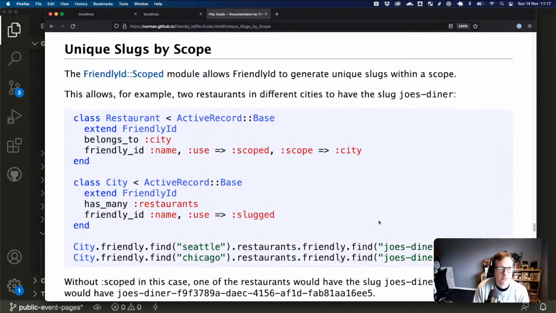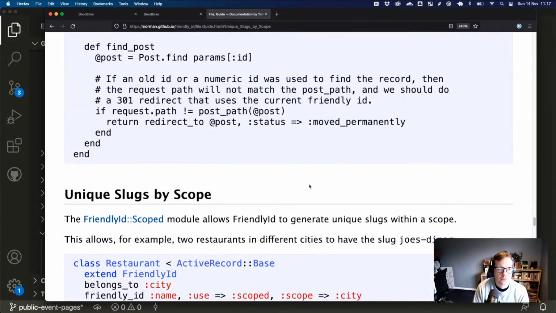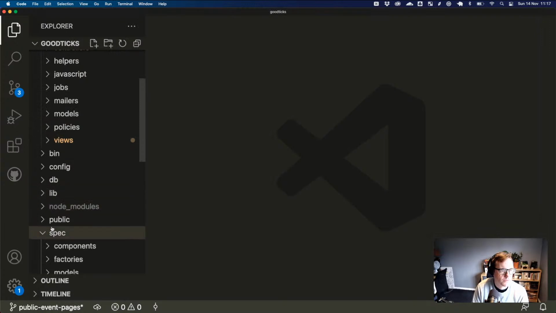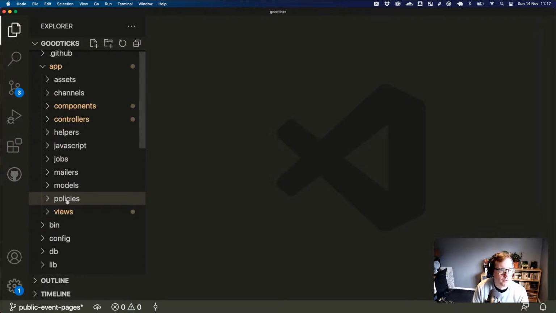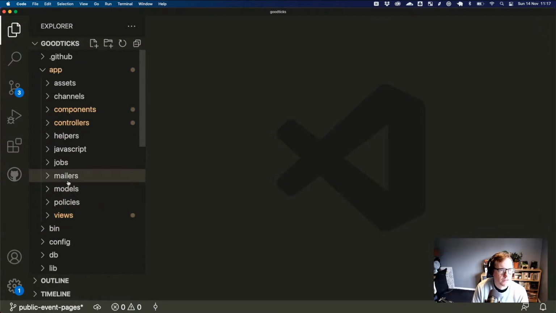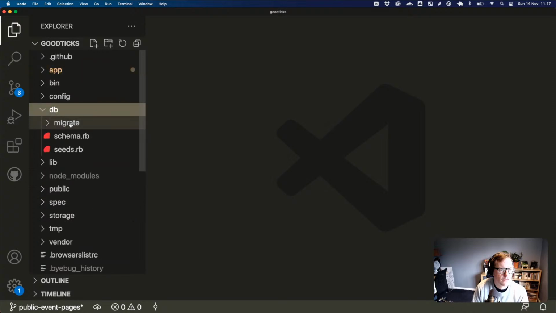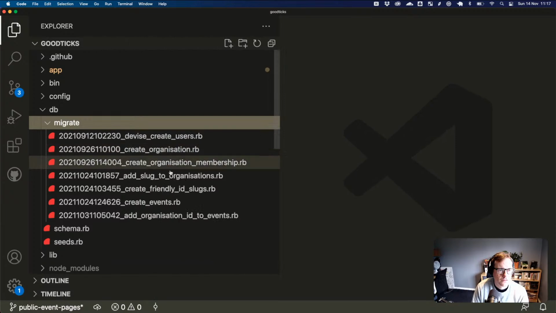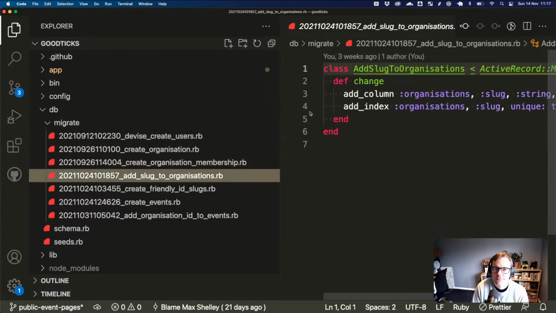I think we only want, okay, so what was the migration we added to organization to get this working? I'm not going to bother committing what we've got because that's all pretty messy, so we can just ignore that. Let's add slug to organizations.